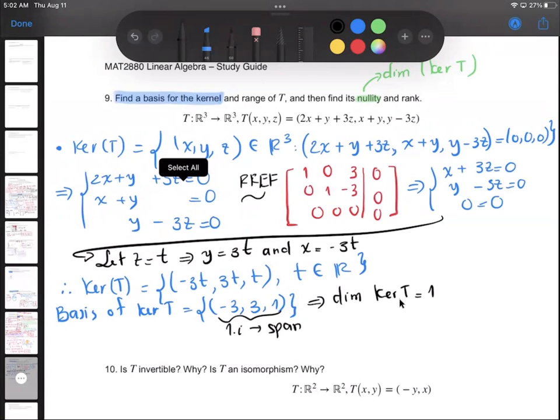The rank of T is the same thing as saying the dimension of range T. In order to find that, we need the basis of range T. If you look at the red matrix right there, I did the REF, so you notice that we have two basic columns here. That implies the basis for range T